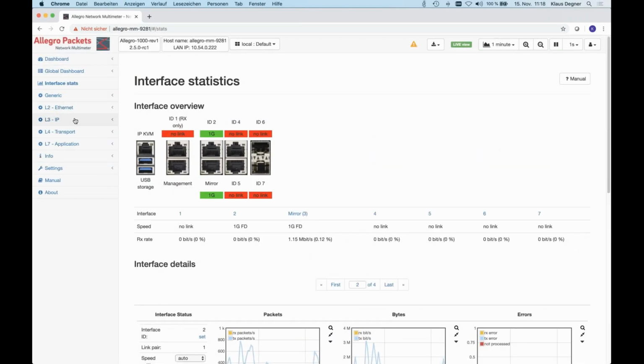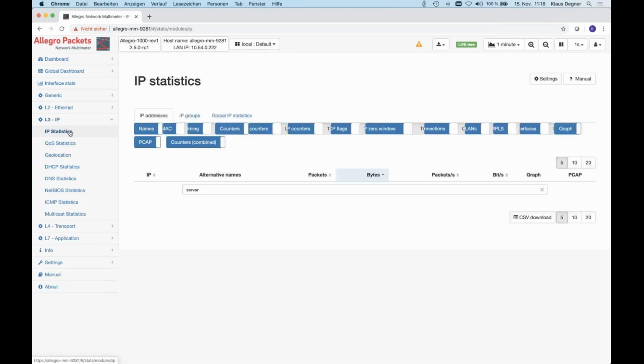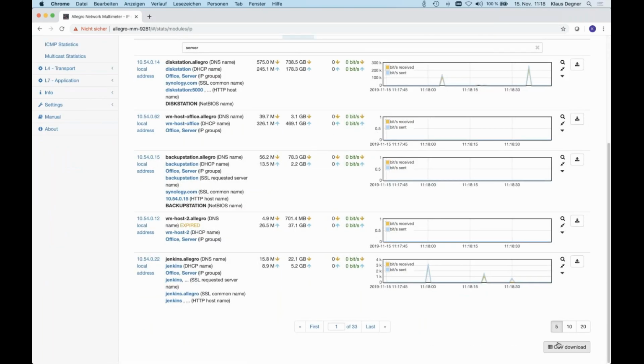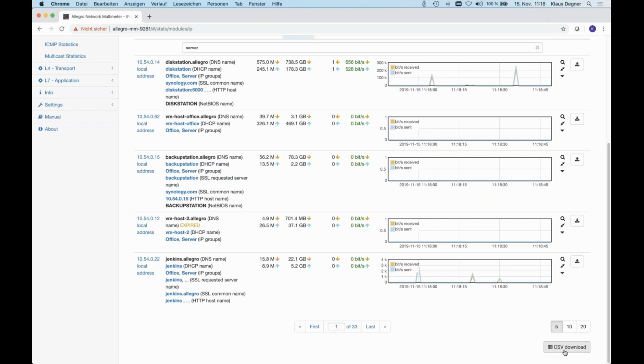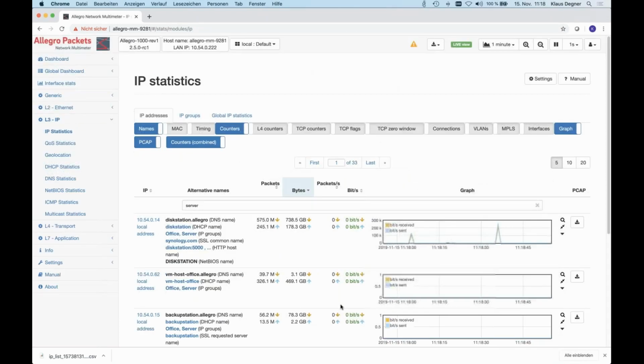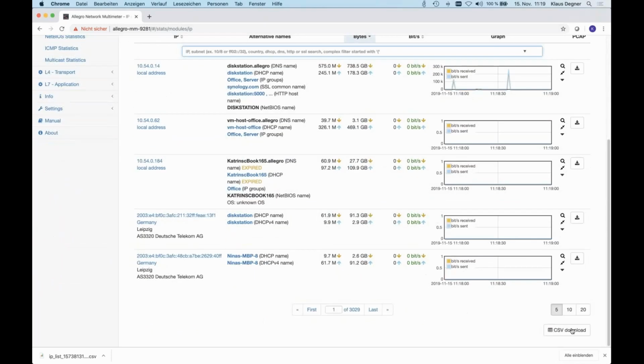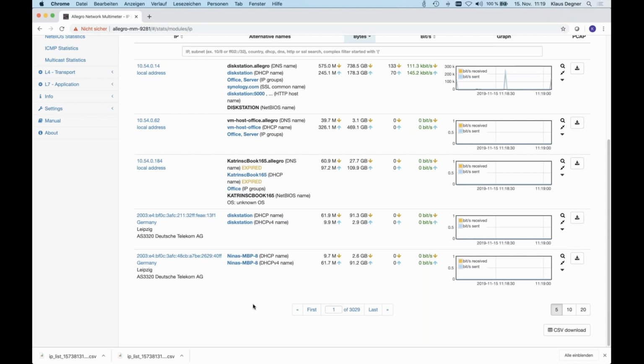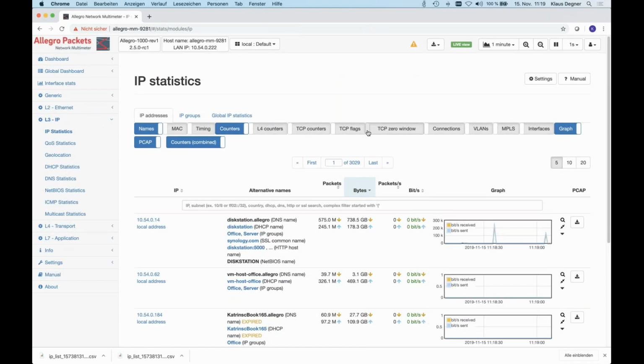Next item is the CSV export. Version 2.4, we integrated the CSV export for the IP addresses, which means if you press this button, you get a very big CSV file of all IP addresses. If I remove the filter, so of the filtered view, if I'm pressing that now, it will be quite a big list. And it will contain all columns for all IP addresses, so a very, very big table. Very helpful for post-processing to generate reports, other graph statistics. You can do it now by CSV.